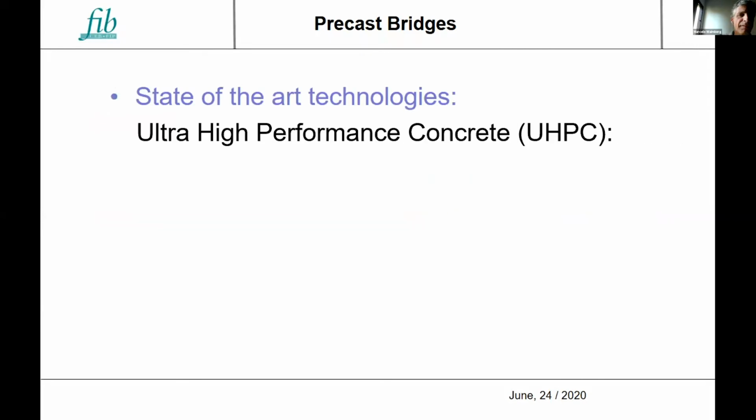And last, but surely not least, we have a group working on state-of-the-art technology, the use of ultra-high performance concrete for precast bridges. This group is led by Professor Maher Tadros in the US and Dr. Jackie Vu in Malaysia.